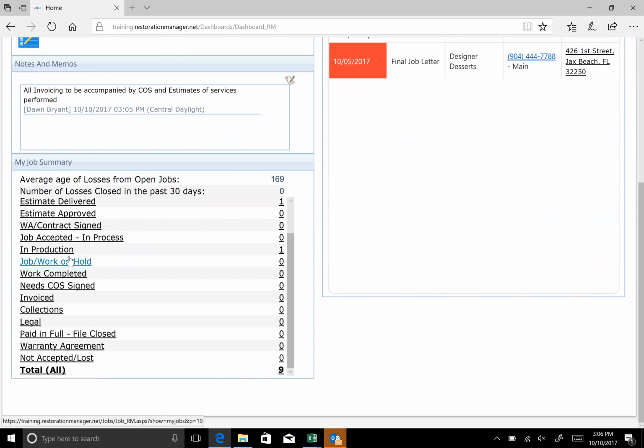And if you want to see what's going on with the particular one, you can either click on the number, and as you can see, it's underlined. Keep in mind that if there's an underline under something, it indicates to you that Restoration Manager, if you tap on that, it's going to bring you again into another area. It's linked to somewhere else. So here I'm just going to tap on that one. And when I tap on that one, it's going to bring me directly into,